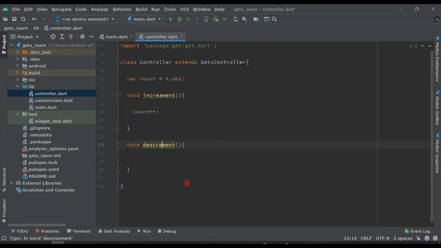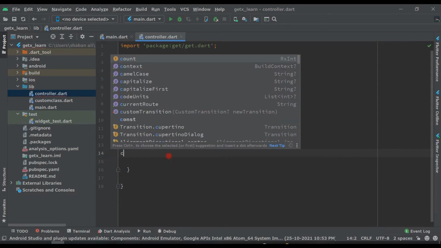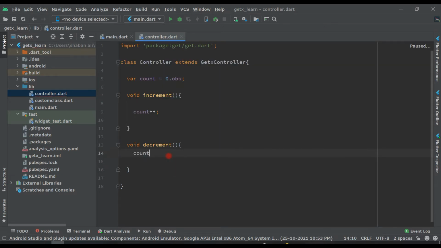Sorry guys for misspellings, increment and decrement like this. So now here we will say count dot count minus minus, put semicolon.